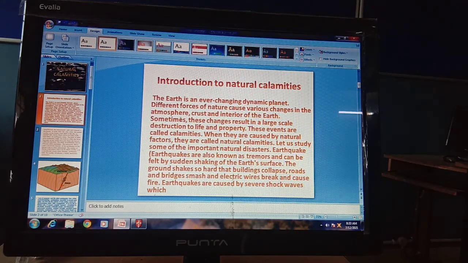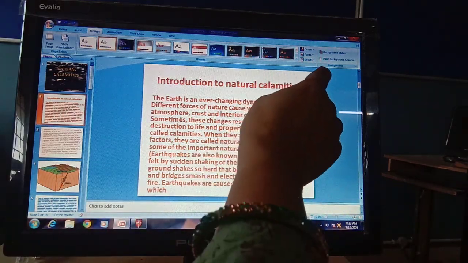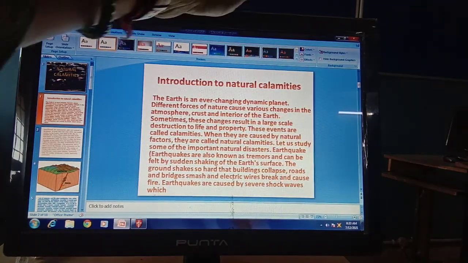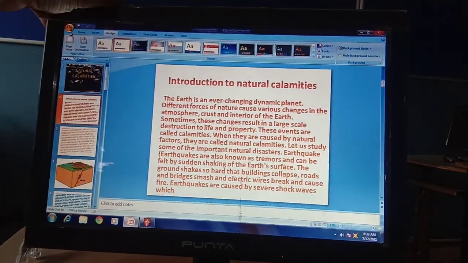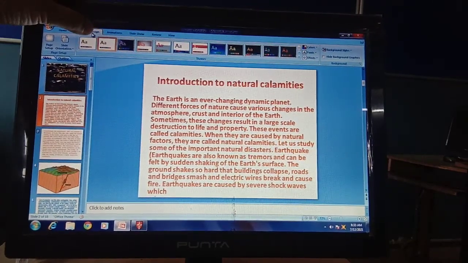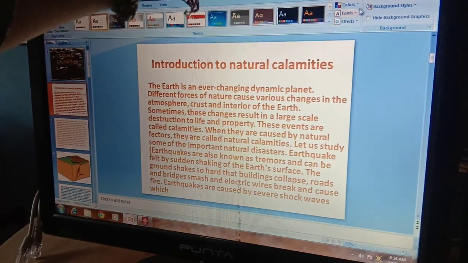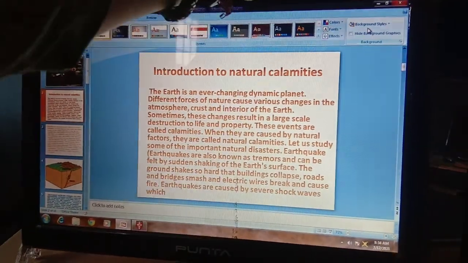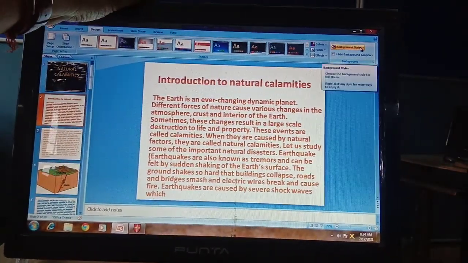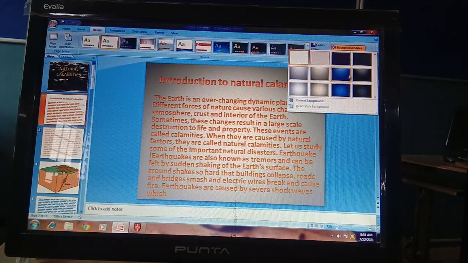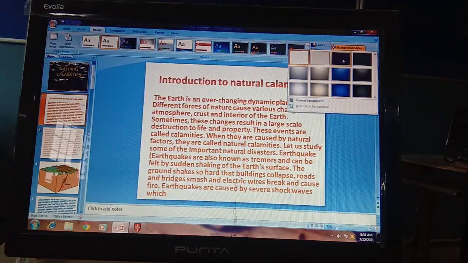Click on the background style button. Do you know where the background style button is? Here it is. It is here in the design tab also. It is in the same design tab, here at the leftmost side, where the background style option is available. Here you need to click on the background style option, and you can choose an appropriate one. You can choose the saved background color also.